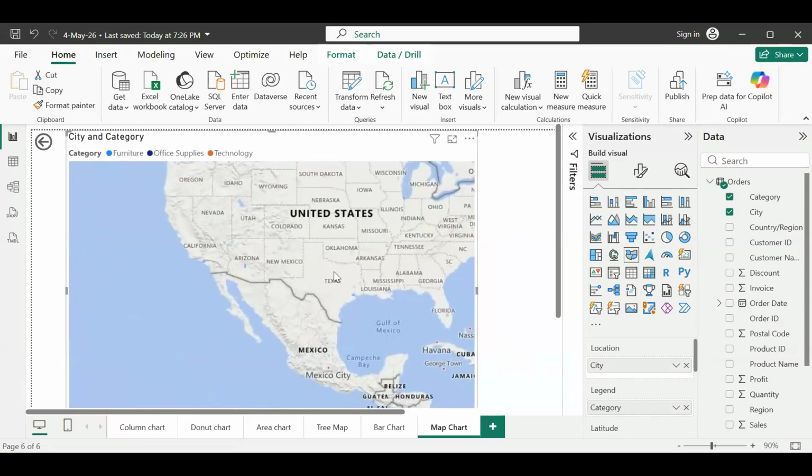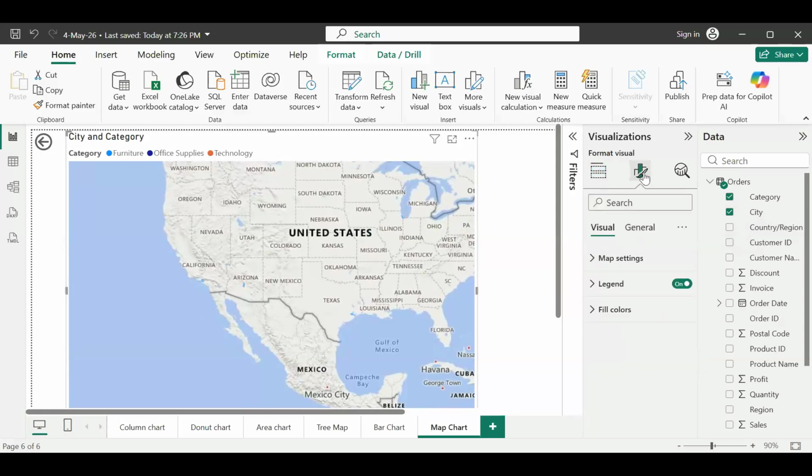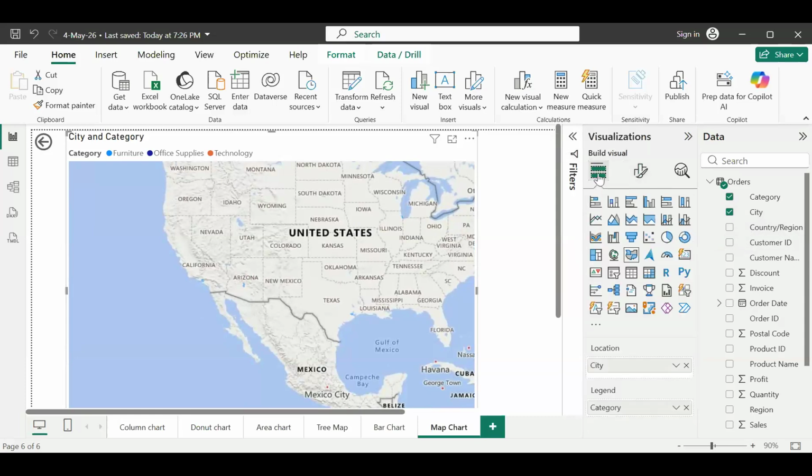This is not the simple map where you get the bubbles. You can see that you're not even having those bubbles over here. So check your visualization. You have right now selected the filled map. Just before that, you have the map option. Just select the normal map.